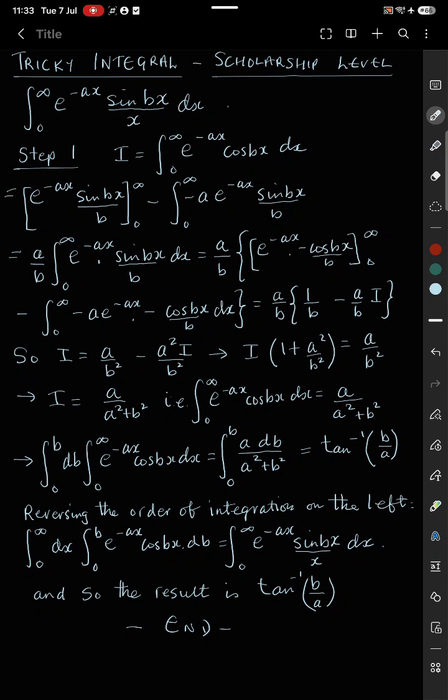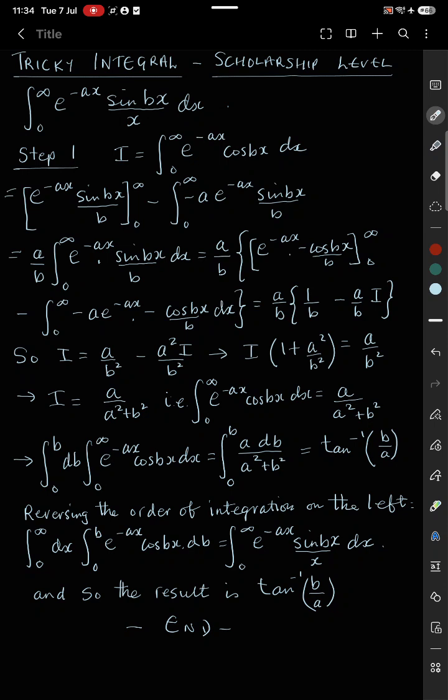Hi, and good morning. Here we want to do a rather tricky integral, which I've deemed to be of the scholarship level. And the integral in question is the integral between 0 and infinity, e to the minus ax sine bx over x dx. So first step, we're going to work out a different integral, and let I equal the